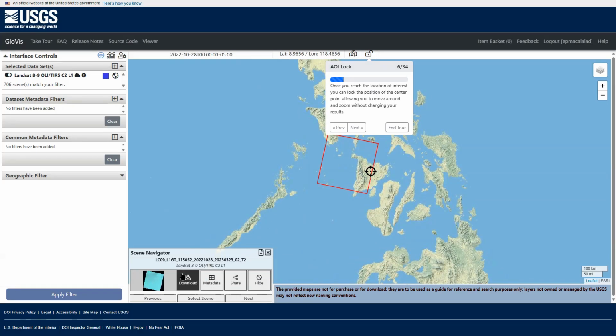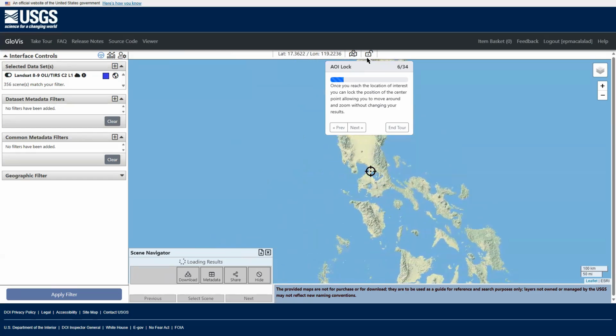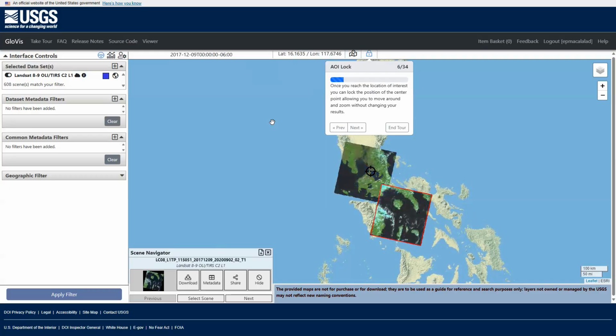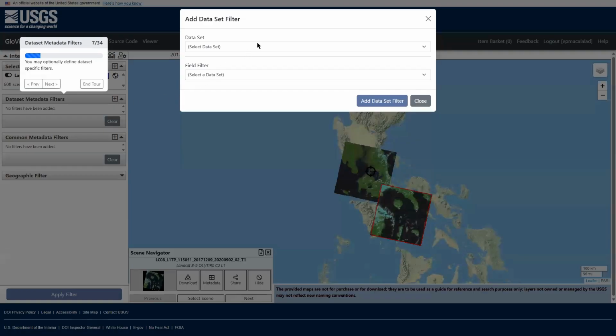That means if I move the target over here, it will get a different set of results. Okay, it's loading here. Let's go back. Replace here and lock. Now, next, this is the data set meta filters. If we add a data set filter, you can just select 8 and then add.